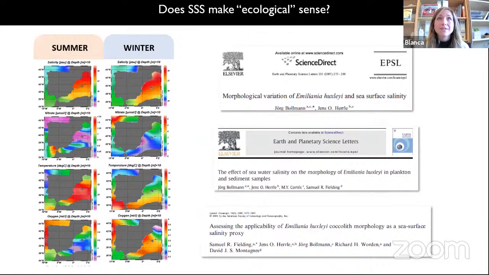These are some examples, but there are many others that point at the strong influence of salinity on molecular compounds that are produced exclusively by coccolithophores, like alkenones. So here we propose that the assemblage composition may be conditioned by the optimum salinity range preferred by each species. And we must remember that this is a